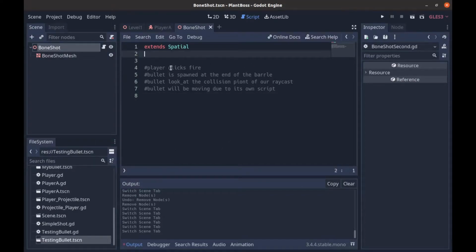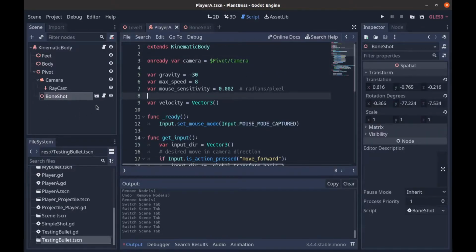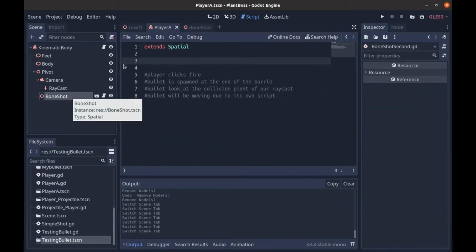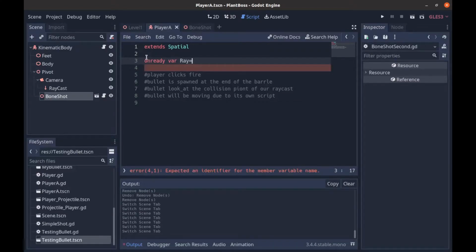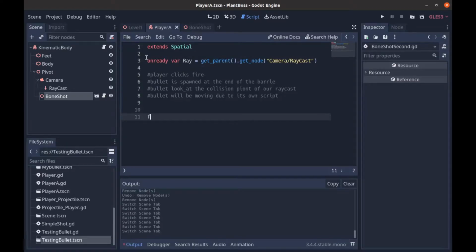So the first thing we're going to need is a reference to our raycast. So I'm going to go into our player scene. That'll make this easier to see, and then I'll access the Bone Shot script here, and I will just say onready var ray equals get_parent().get_node, and then in here we're going to go CameraRaycast. So we're going to go ahead and get the raycast,